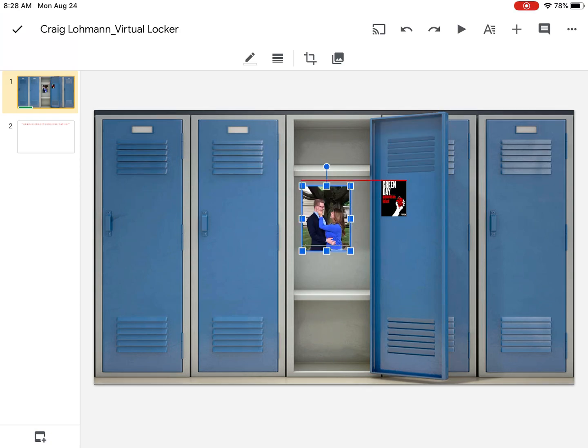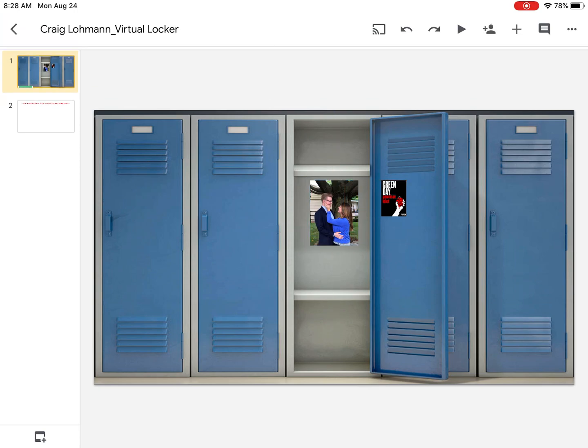Maybe I've printed it out really big. All right, you might not include something so big because you want to add in a variety of items and you don't want them to take up too much space, but I'm going to keep it a little bit bigger here so you can see it. Now, it makes sense to just add the picture and not have to do any editing other than resizing them for pictures like this, but there might be some items I want to include in my locker that would have a background to it that I don't want to have. For example,